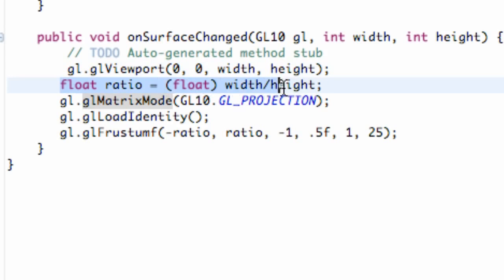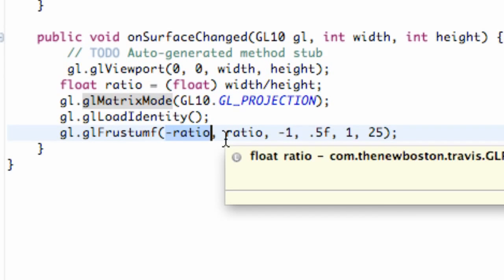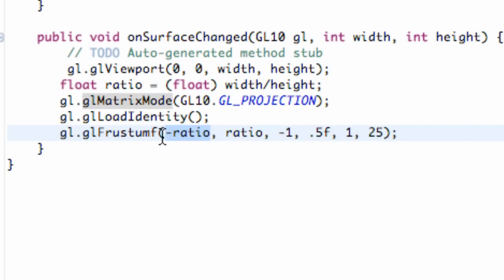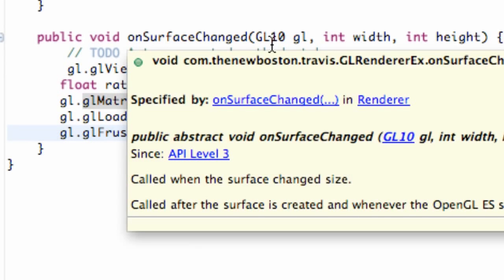And then what we did is we set up a ratio to handle what happens when the person changes their phone from portrait to landscape, and we're going to use this ratio later to define the frustum, which is going to be basically our viewing area where it's going to load all of our shapes or triangles or whatever. And if it goes out of this kind of box surrounding those triangles, then it's not going to be able to see. We'll get into that a little bit more in depth in the next tutorial when we actually see the triangle. I said we'd do it in this tutorial, but